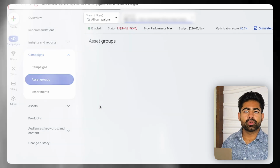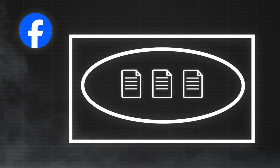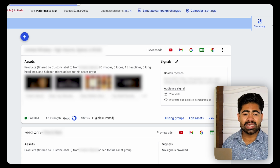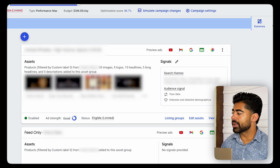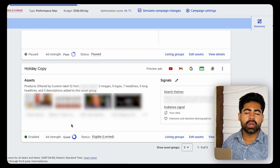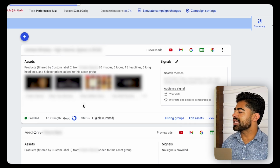because if you run Facebook ads, you know that within Facebook ads, you can have one campaign, and within that one campaign, you could have one ad set, which in turn has 3 ad copies or 4 ad copies. Well, the asset group section within a Performance Max, it's like the ad copy section on Facebook. This means you could have 1 asset group in here, you could have 2, 3, 5, so on and so forth, whatever your budget permits,